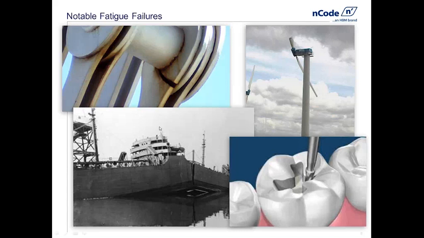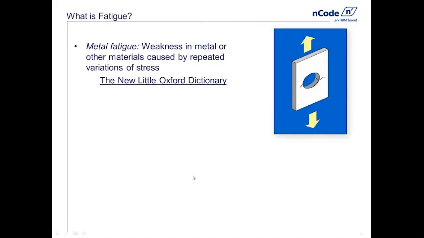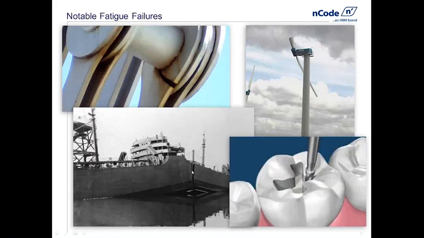In the lower left here, this is a fatigue example of a crack in a boat. These are the Liberty ships, they were called. If you want to do some lunchtime reading, take a look for Liberty ship failures. You'll find that the catastrophic failure rate of these was enormous, unfortunately, because of their construction and their lack of crack tolerance. And lastly, in the lower right here, this is a picture of your teeth,